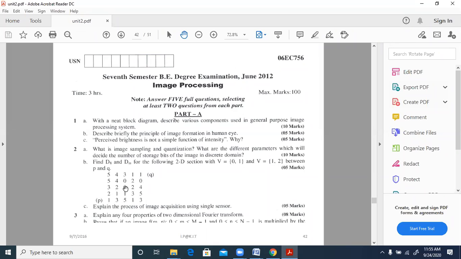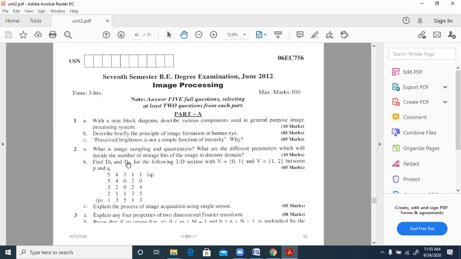Then again, you can't go from 0 to 2 because 2 is not within that {0, 1}. But you can go from 0 to 0 because 0 is within V, the first V we are talking about. Then from 0 to 1 you can go because in the first V we have 1. From 1 to 1 we can go. So it will be like this, this, this, and this. That will be the shortest 8 path for this set of vertices.